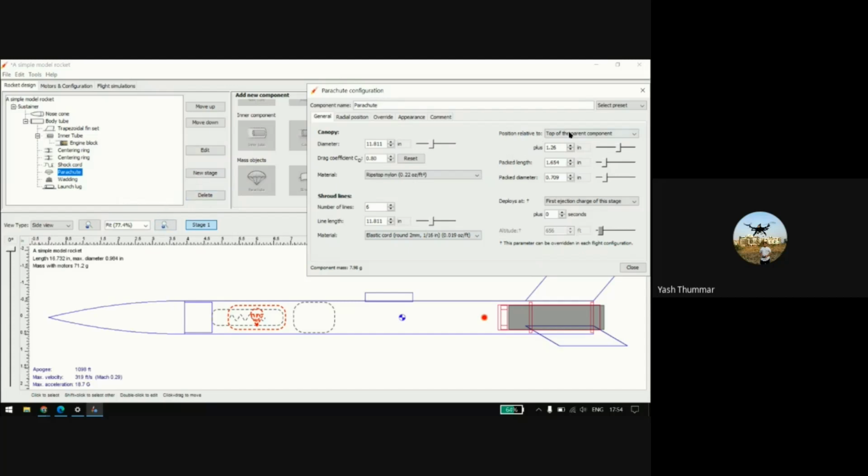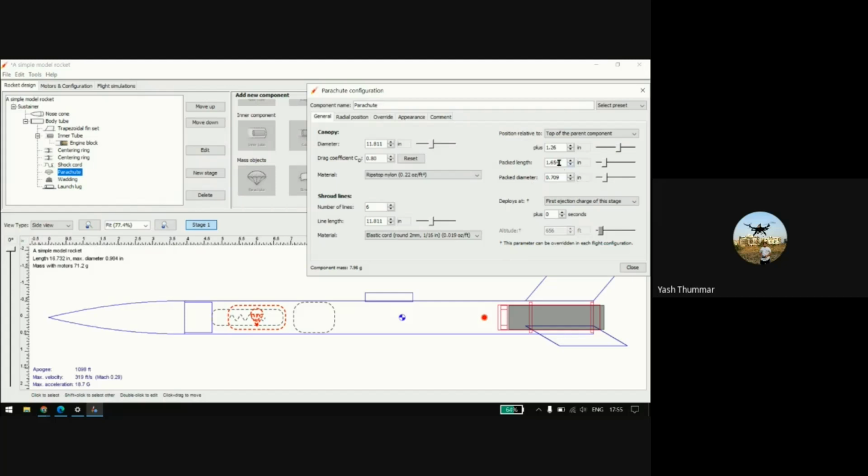Okay, then the relative position of this canopy and all things. There is also the open diameter when the parachute is open, and the package length. After folding, what is the diameter, and of course after folding it will be a cylindrical type of thing.